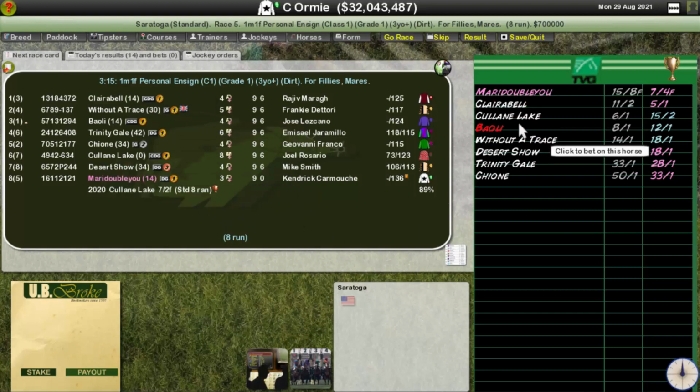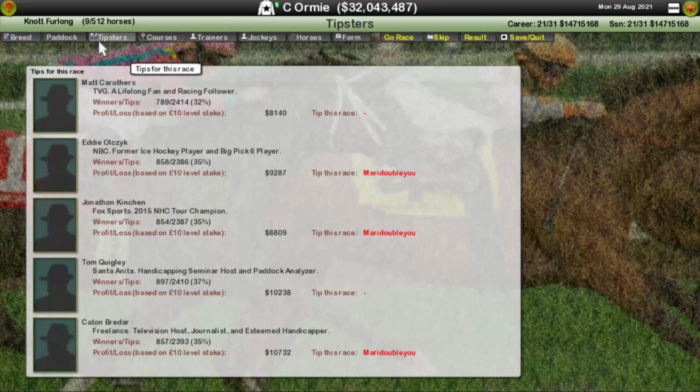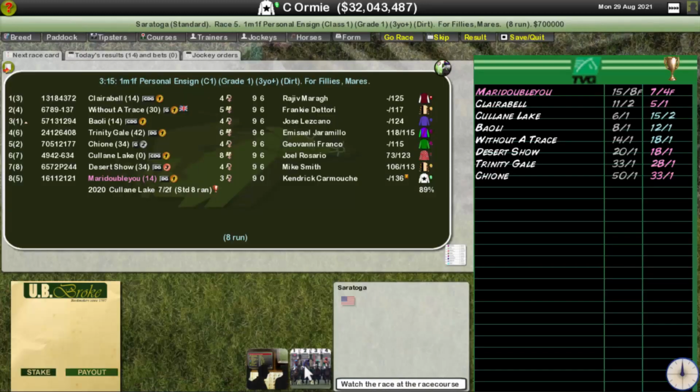So, yeah, unless Without the Trace comes through, something bad happens, that's the only way I think we maybe lose. We're looking well, we're looking fit. Top rated, low weighted, bookies favourite, tipsters favourite. I don't see anything in this field to overly worry us. So Marie goes up